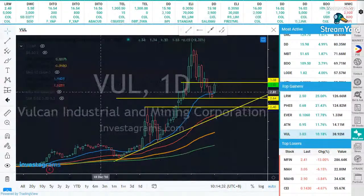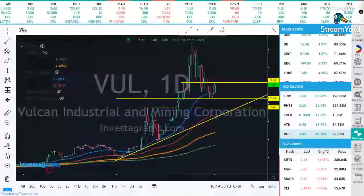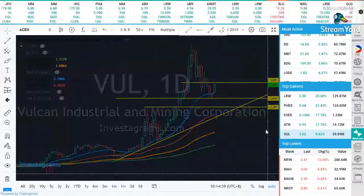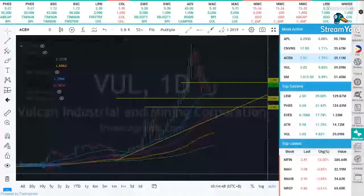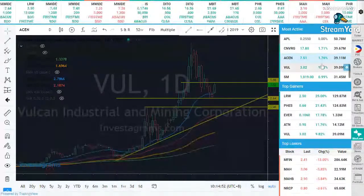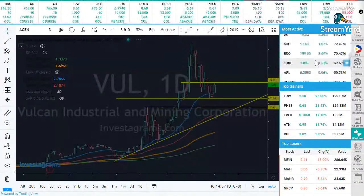So last one is ACEN. GFC is up. It's green as of 10:14 in the morning. SM is also green. And LRW is still